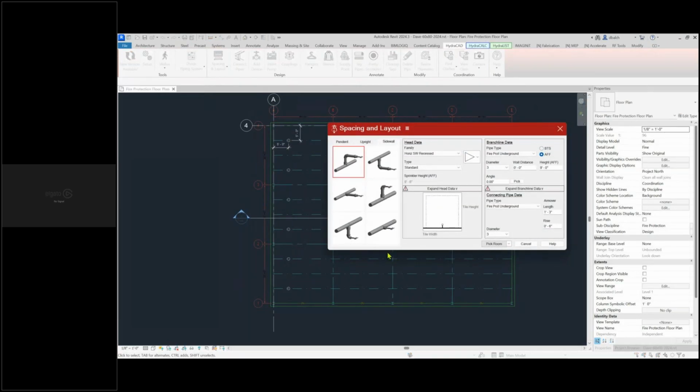And here's a tool we're going to use in a little bit that would let us do pendants or uprights or sidewalls. So you see those tabs up there. And right now, the only thing I want to use this dialog box for is to pick a sprinkler. Do you see where it says the family is horizontal sidewall recessed? At the bottom of that list says new head from selector. And if you click that,